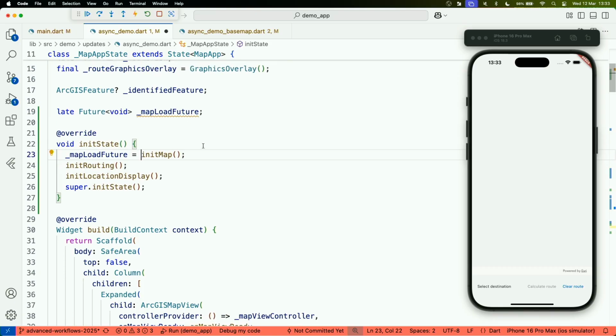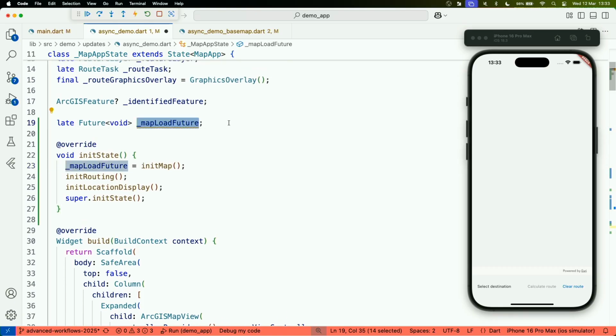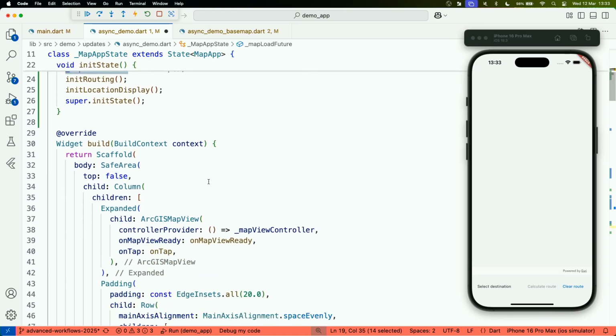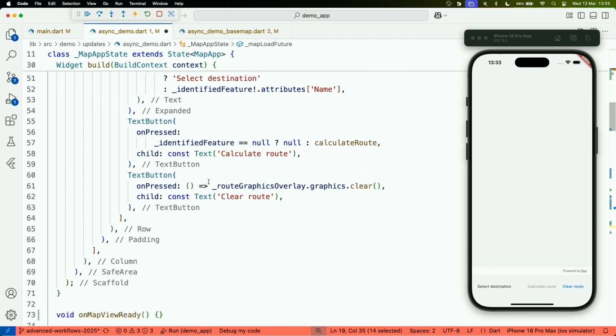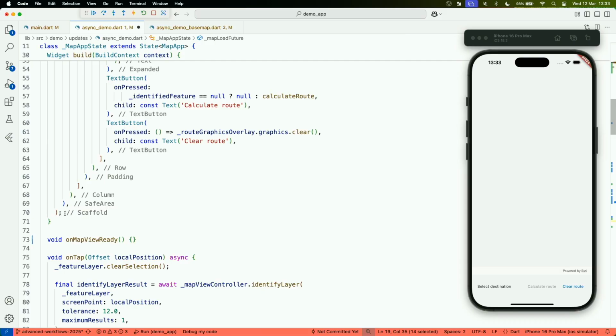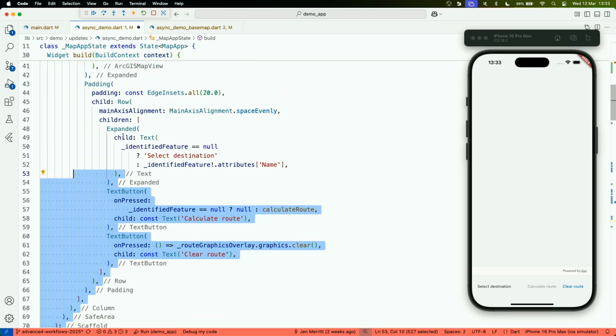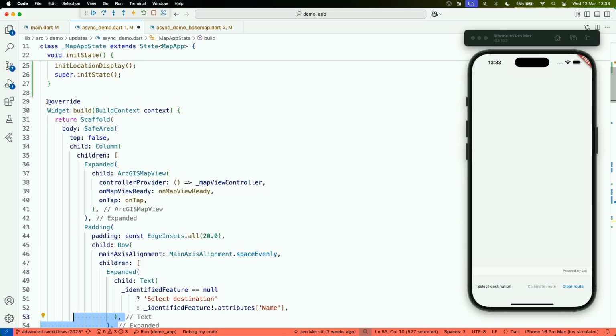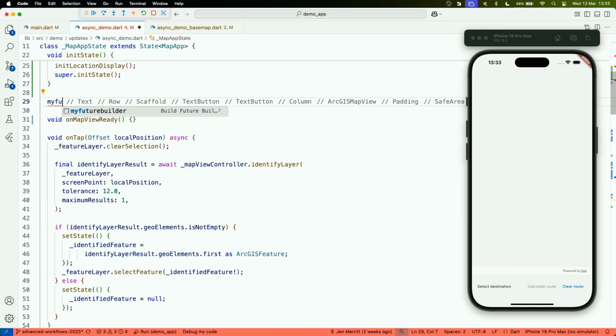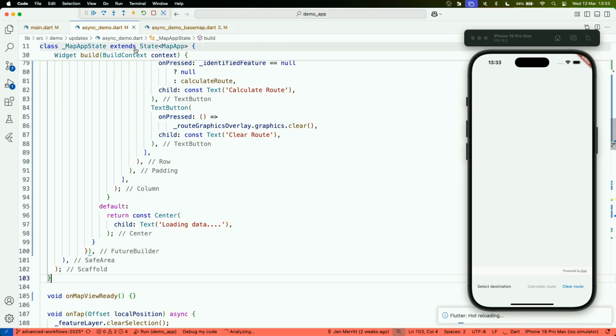So now what I can do is make use of the future builder that Paul mentioned, which will track this future I've created and display content conditionally based on its status. So for the sake of time, what I'm going to do is just replace my widget tree here with a code snippet, and then I'll walk through the configuration of the future builder. And if I hit restart,